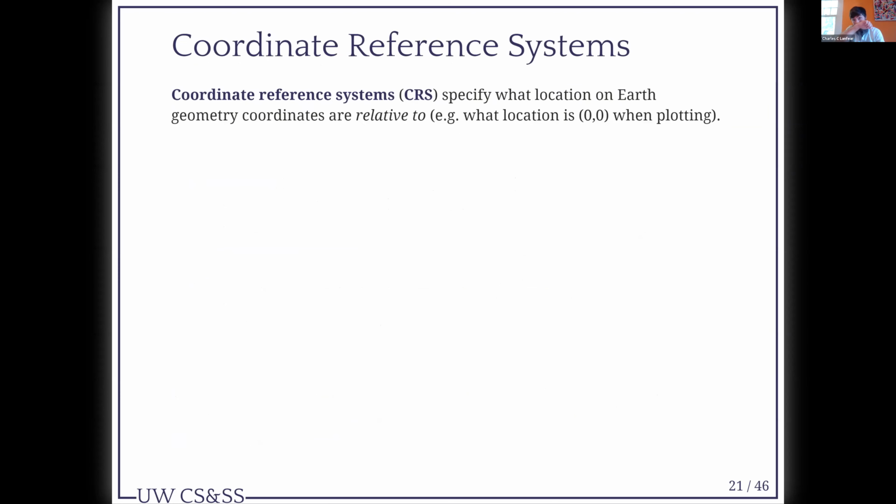Okay, so coordinate reference systems. Coordinate reference systems will specify the location on Earth the coordinates you're using are relative to, right? So everything you plot on an XY grid is some Cartesian plane. On a normal plot we know what 0, 0 refers to. But 0, 0, the center of your Cartesian plane on Earth, doesn't have any inherent meaning. You could pick arbitrarily any point on the planet to use as 0, 0 because it's a sphere, right? So coordinate reference systems tell R and tell your computer basically where the 0, 0 point is on the planet,